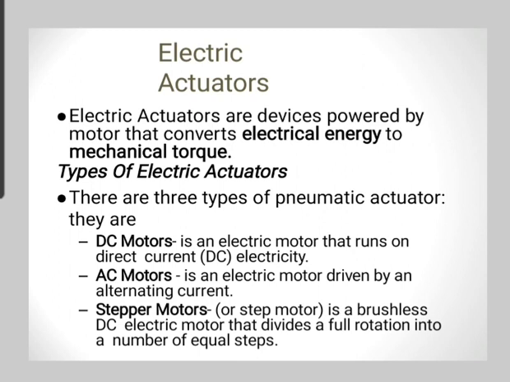Then the next is BLDC, that is brushless motor. These motors are quite popular and are used in robotic applications. BLDC means brushless DC motor. The main difference between the BLDC and DC motor is that an ordinary DC motor works using a commutator which touches the brushes in the armature, but there is no commutator and no brushes in a BLDC. Instead of brushes, it uses electronic commutation. So BLDC motors are widely used in robotics.